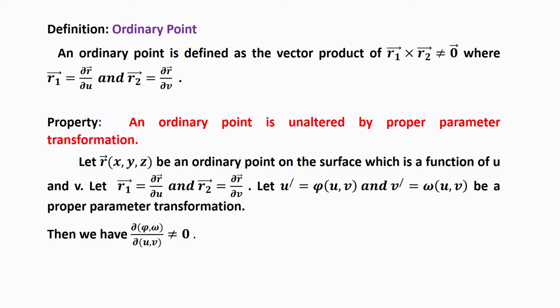Finally, the property of ordinary point is: an ordinary point is unaltered by proper parameter transformation. The explanation is: